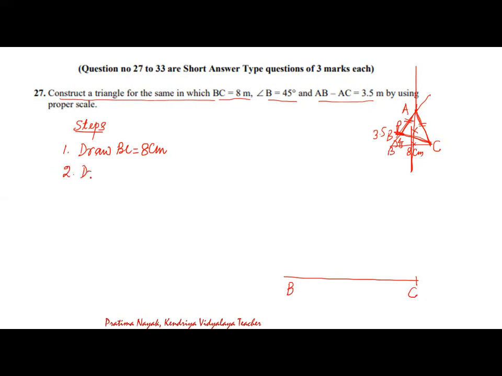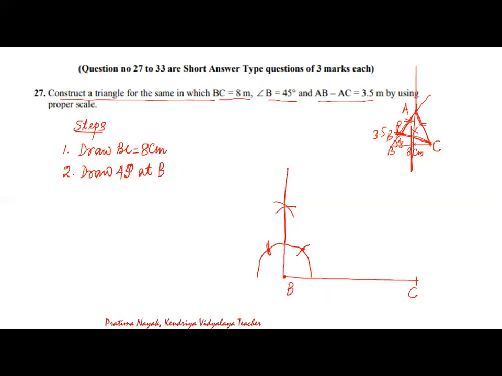Next, draw 45 degree at B. Here also you will use the compass. Put the compass tip on B, then draw first your 60 degree, then 120 degree. Put the compass here and draw another arc for 120. Then bisect 60 degree and 120 degree with the same arc measurement. The arc will be drawn with the same measurement in the compass. Then only it will be the correct construction.